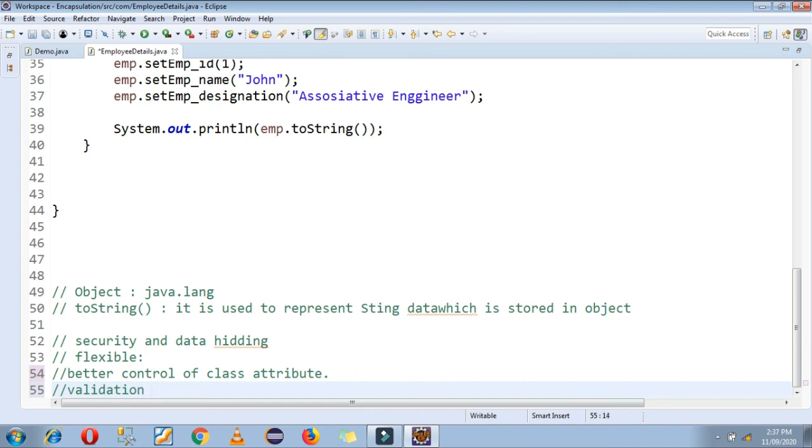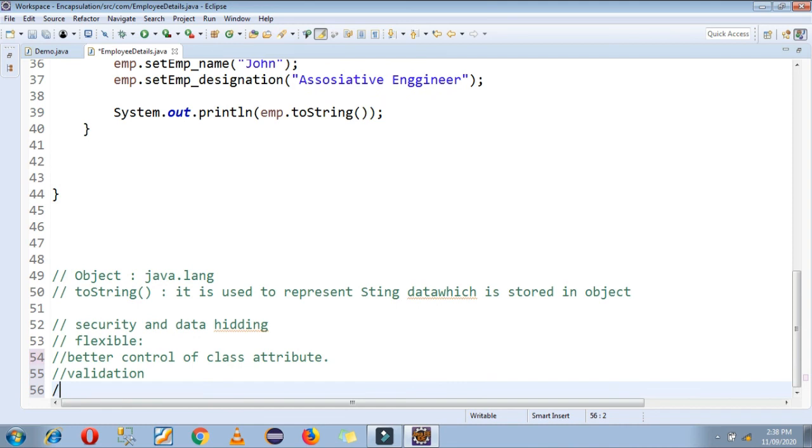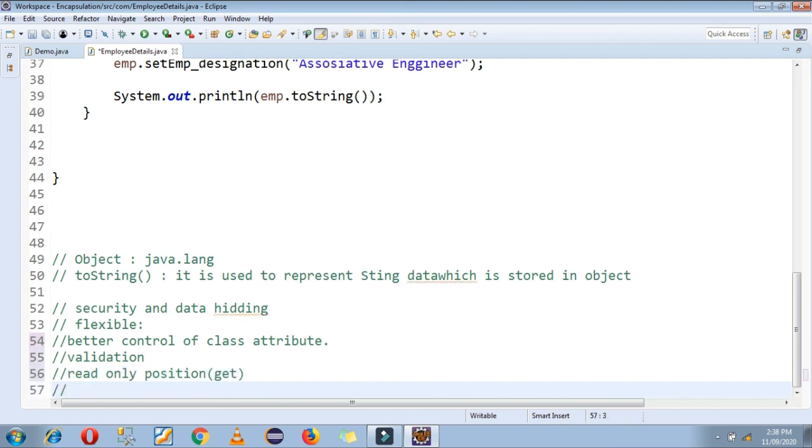For validation also you can use the setter and getter functions. Then a variable can be read only, a variable can be in a read only position if you are using only getter functions, and a variable can be in a write only position if you are using setter only.